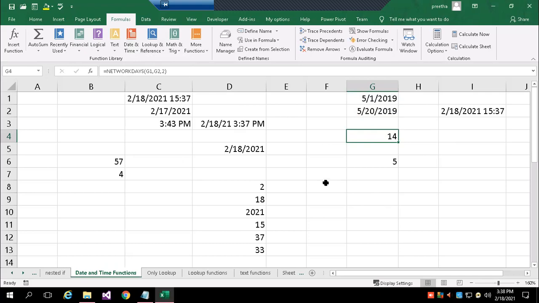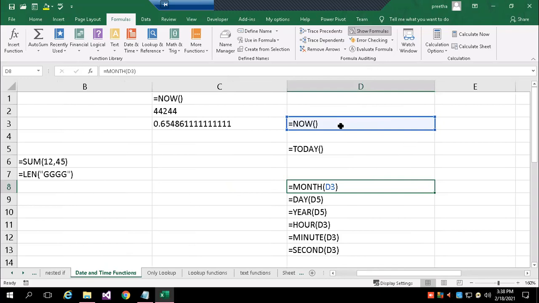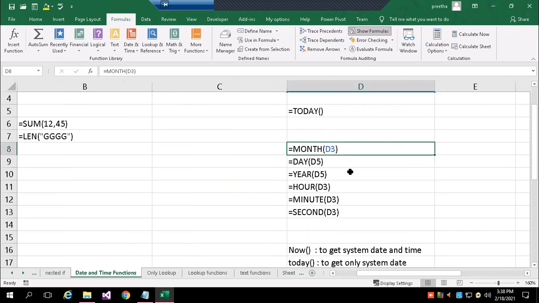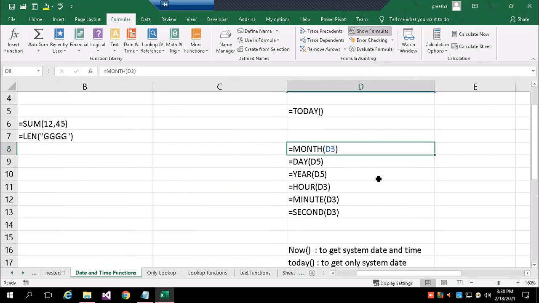So these are the first basic functions. What is month? I'll just make it show the formula. You can see how I used the formulas now: today, month, day, year, hour, minute, seconds.